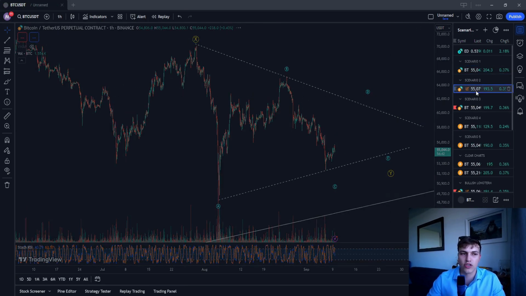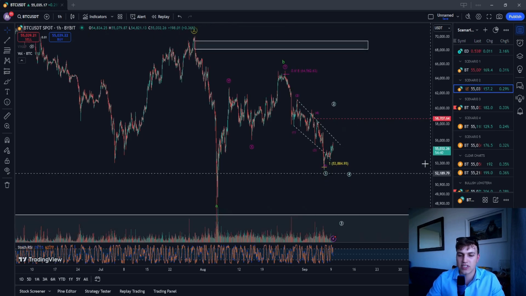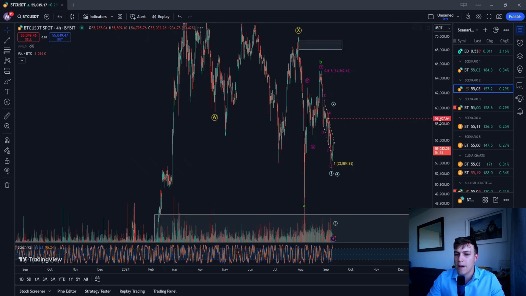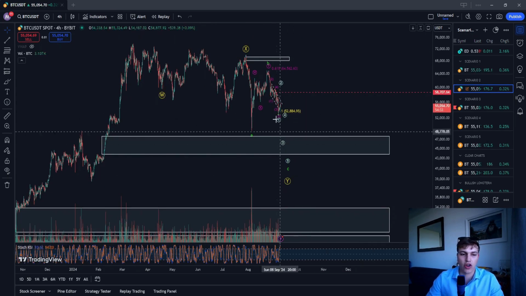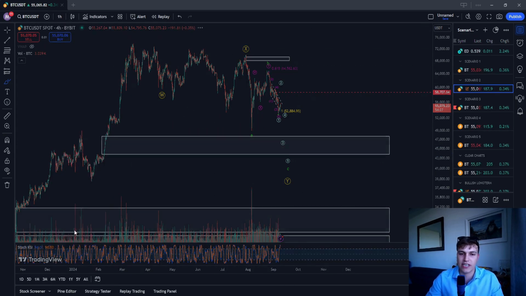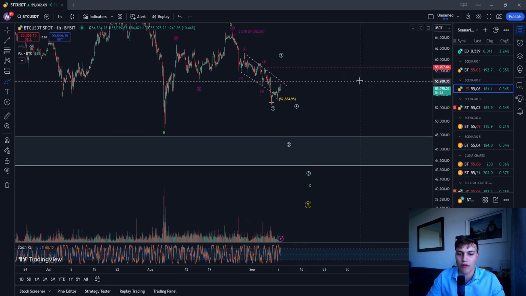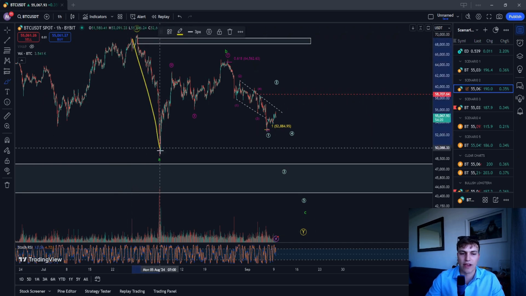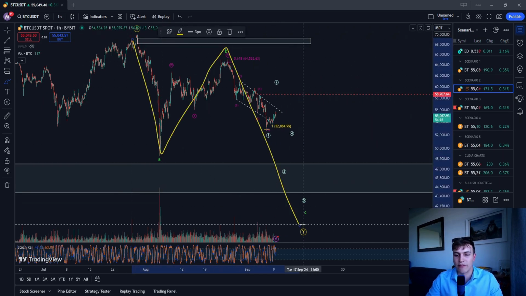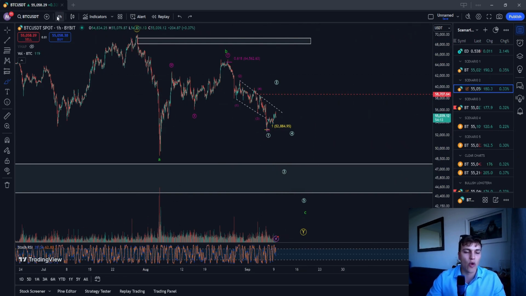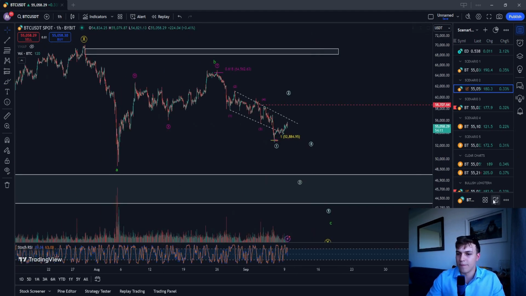But if we go onto our other chart, we can see this is also an unfinished WXY, but where we see a much lower price action to the downside. So on the hourly time frame, we are currently in the ABC move of this wave Y. As you can see here, an A wave down, B wave up, and C wave down in the wave Y. So in the C wave, we have zoomed in a